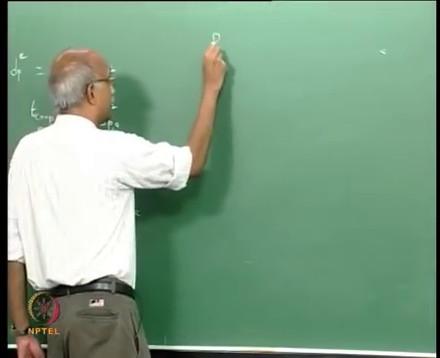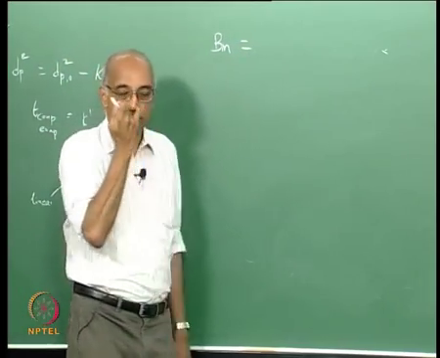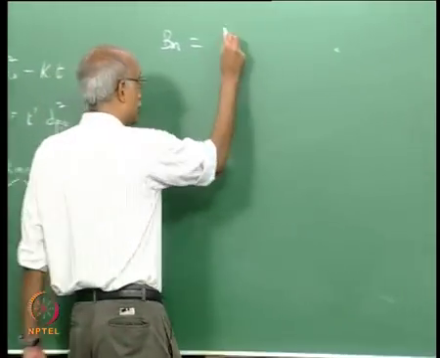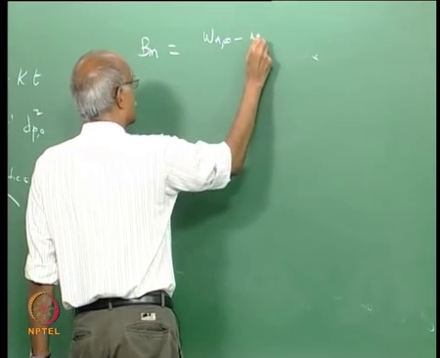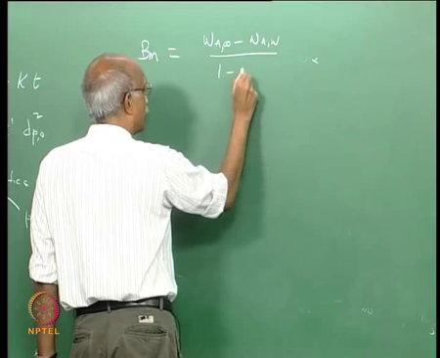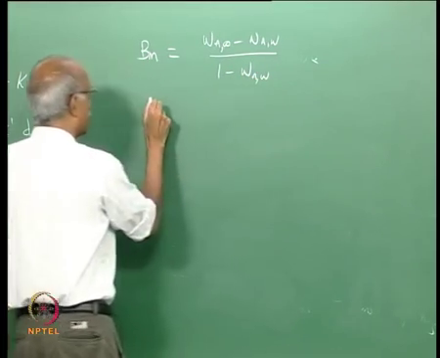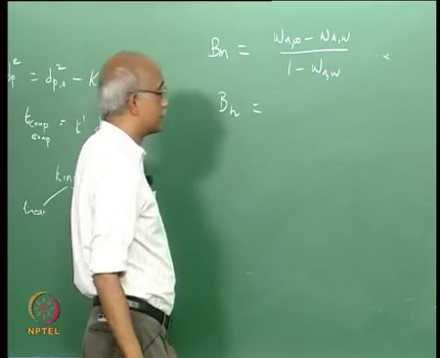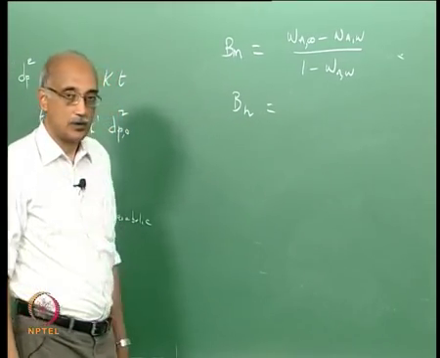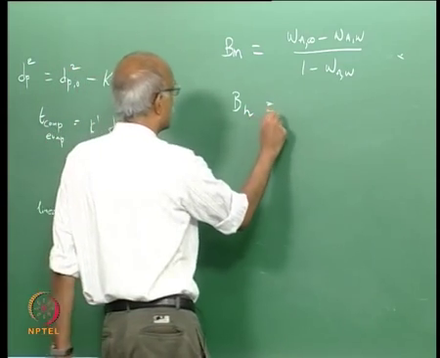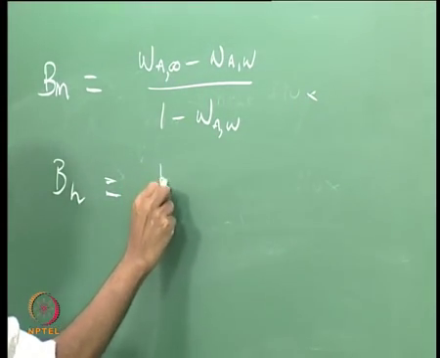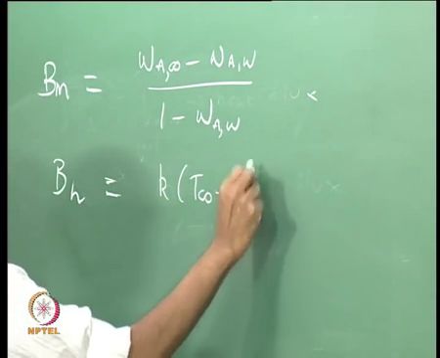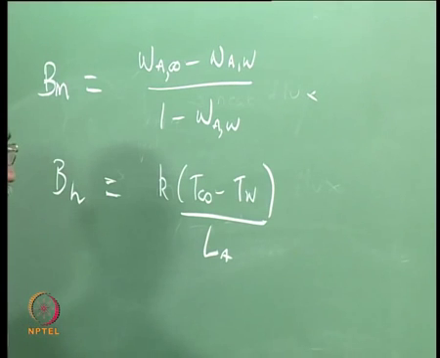There is a parameter B m, which is called the blowing parameter for mass transfer, which is written as omega A infinity minus omega A W over 1 minus omega A W, and correspondingly there is a blowing parameter for heat transfer, which is written in terms of K times T infinity minus T W over the latent heat of vaporization L A, and this parameter essentially controls the diffusive flux